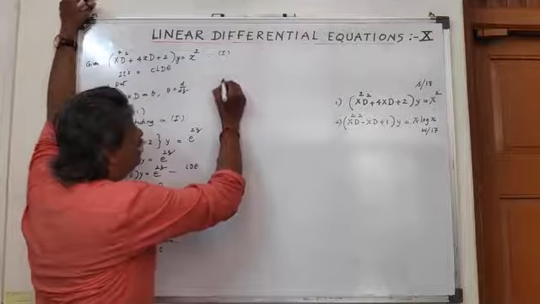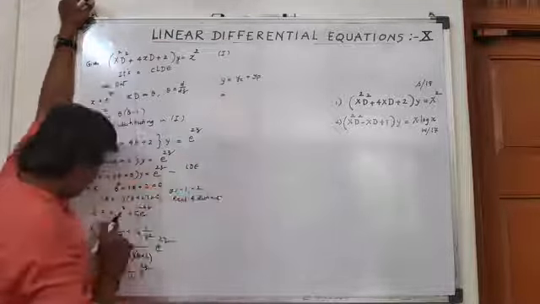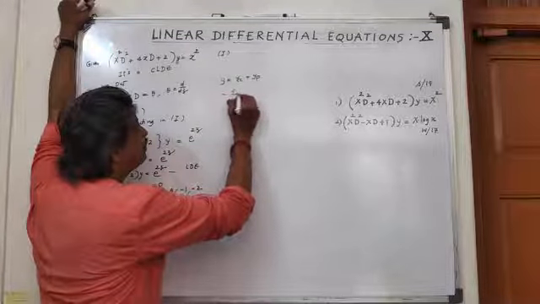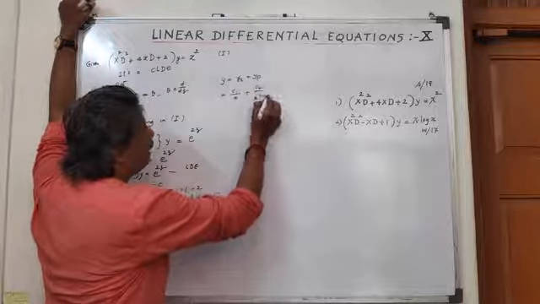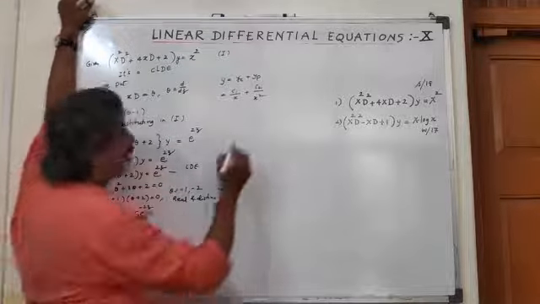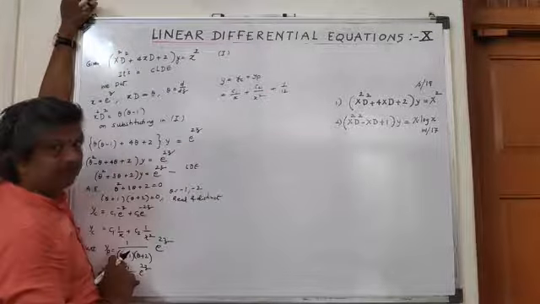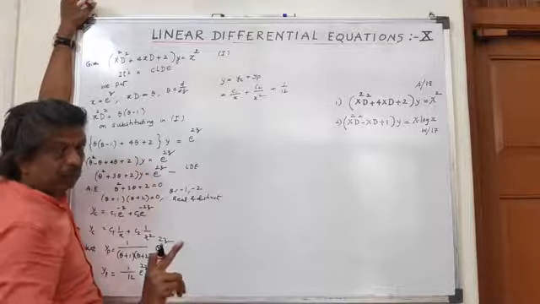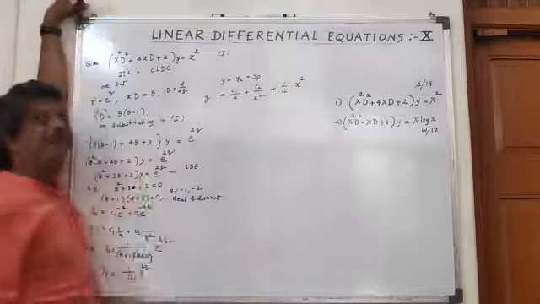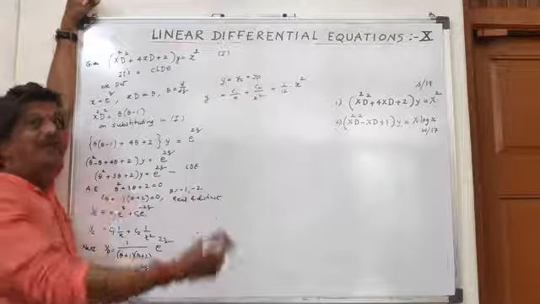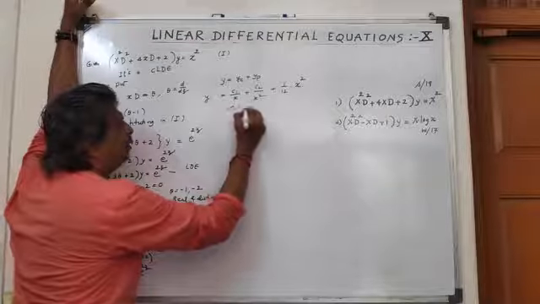So y is equal to yc plus yp. Yc we have seen is c1 upon x plus c2 upon x square, plus yp is 1 by 12 e raised to power 2z. E raised to power z is x, so e raised to power 2z is x square. The solution must be mentioned as y in terms of x. So that is the final general solution required